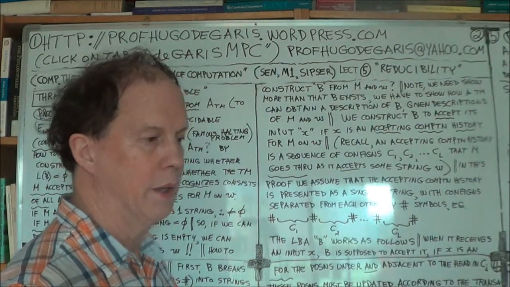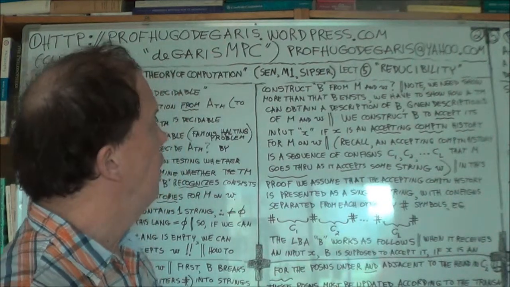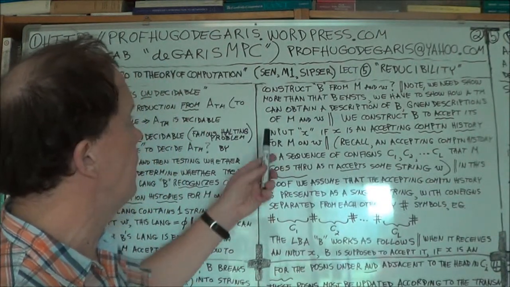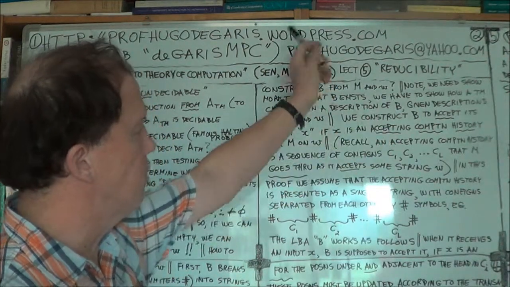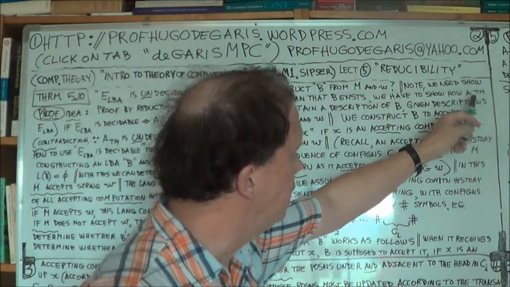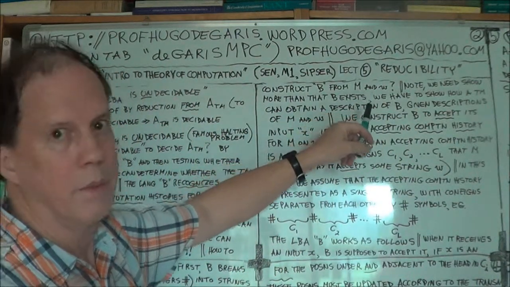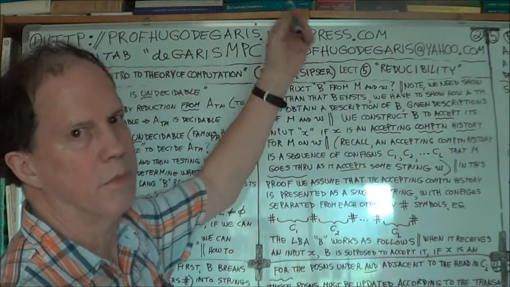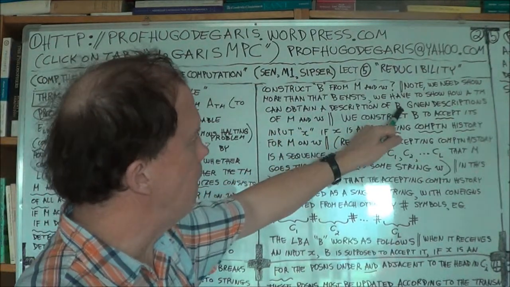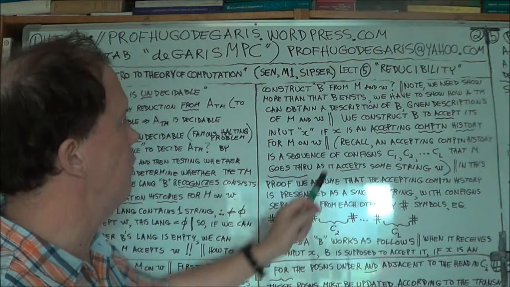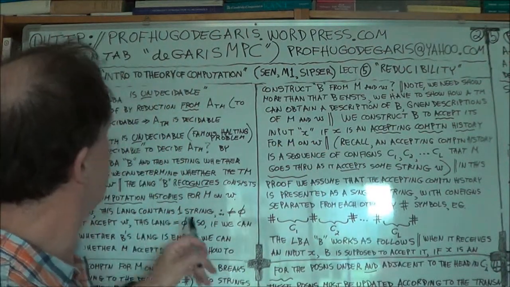It has to construct B. So we have to show how the bigger Turing machine A, or S, whatever you want to call it, gets a description of B, given descriptions of M and W, because